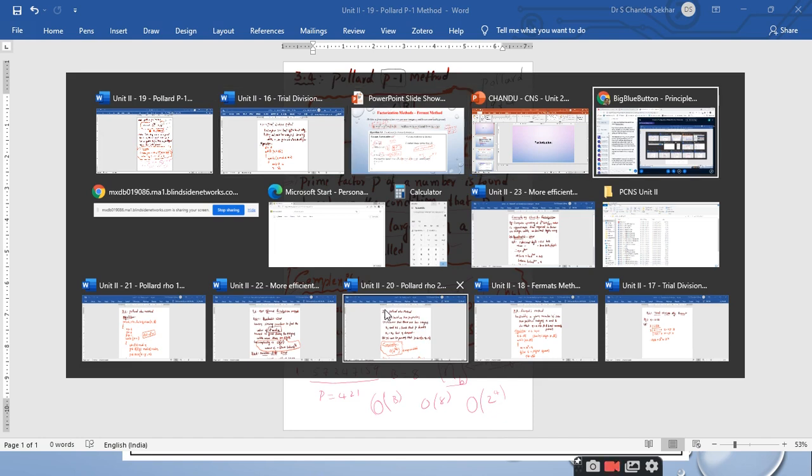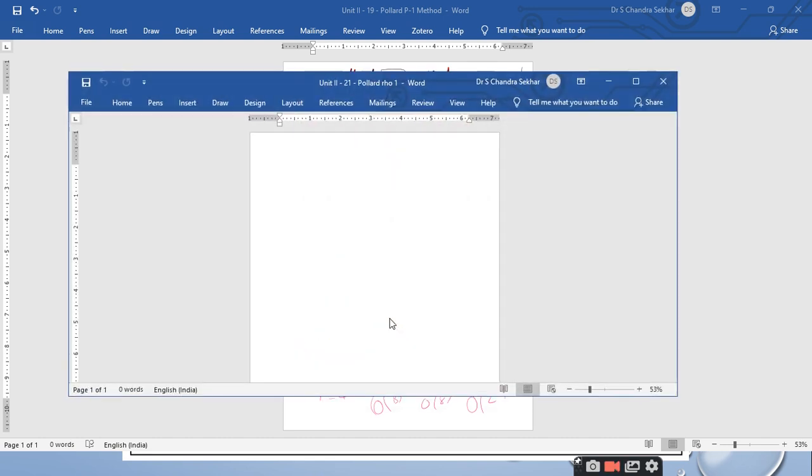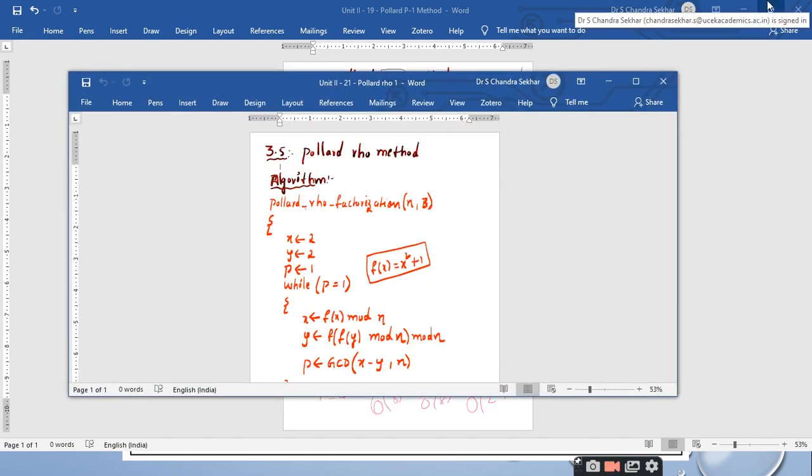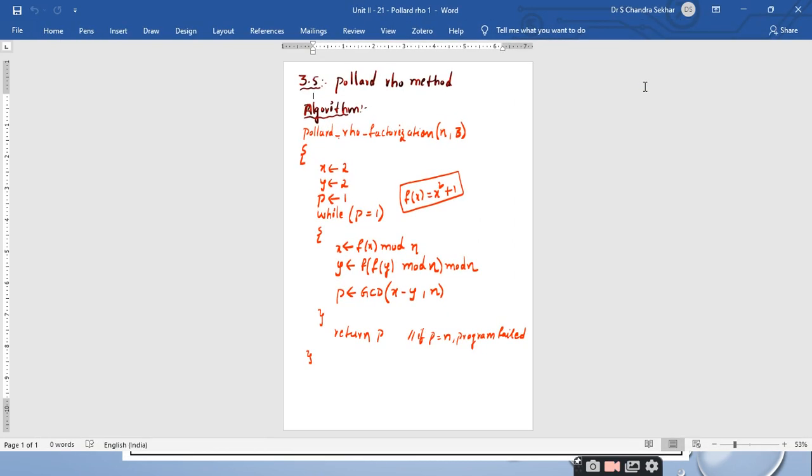And the next method which we are going to discuss is the Pollard RHO method. When was this Pollard p minus 1 method invented? 1974, sir. 1974, right? Because of the complexity problem, that is big O of 2 power nb, he was not satisfied with the results from the Pollard p minus 1 method. So in 1975, the same author Pollard developed a second method of factorization, called the Pollard RHO factorization.